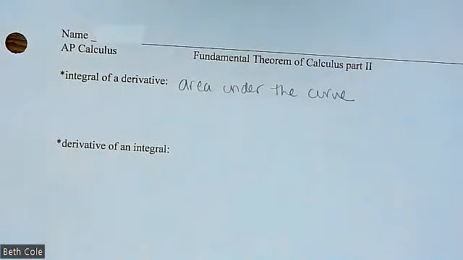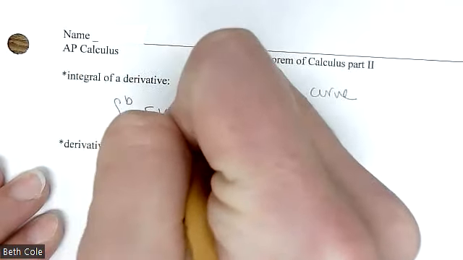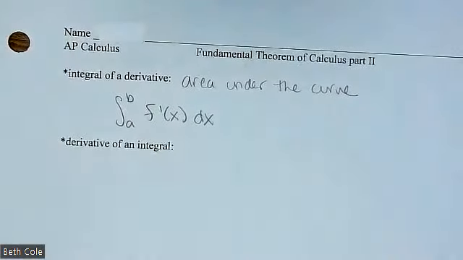Do you remember the Riemann sums that we did with all of the rectangles, and then we did the trapezoids too, and you added them all up? And then the idea is that if you could have an infinite number of rectangles, it would be a perfect answer, and that's the true area under the curve. So it looks like this: integral a to b f prime of x dx,